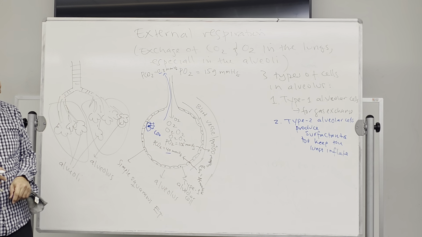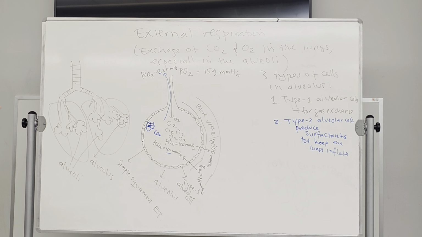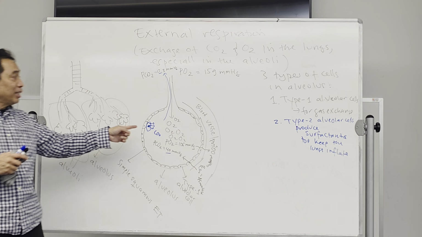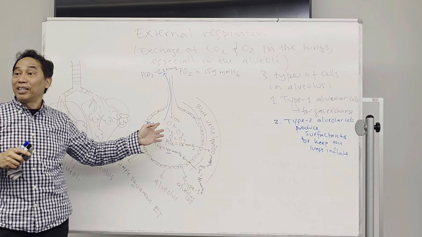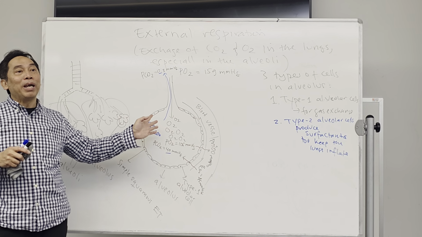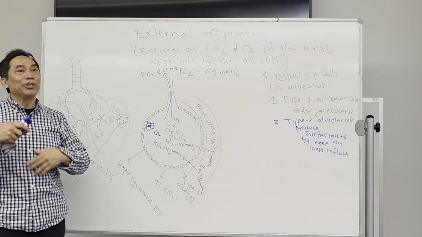And this surfactant is produced by this type 2 alveolar cell. And this production actually starts when we are still in our mother's womb. When we are around 8 months, then the type 2 alveolar cell will start to produce surfactant. Can you follow this, right? So when we are 8 months in the pregnancy, these cells start to produce surfactant. It means that before 8 months, this cell will not produce the surfactant yet. Can you follow this? Now, what happened with the baby that is born before the time? What do you call it?